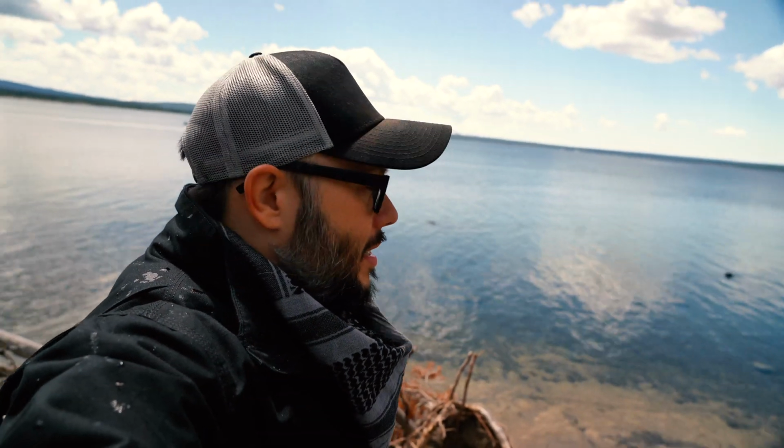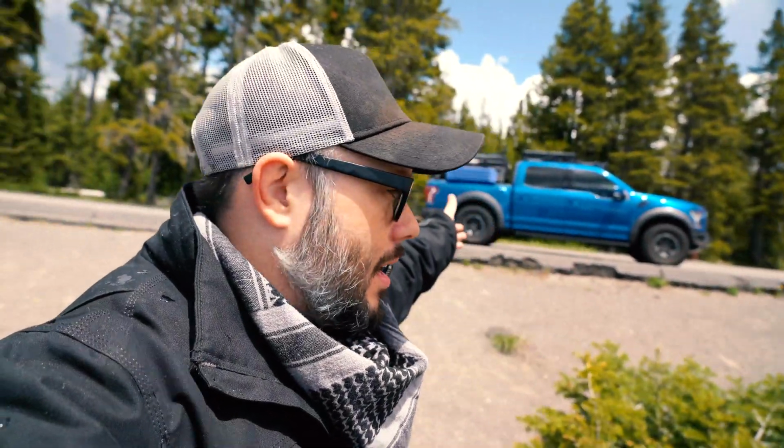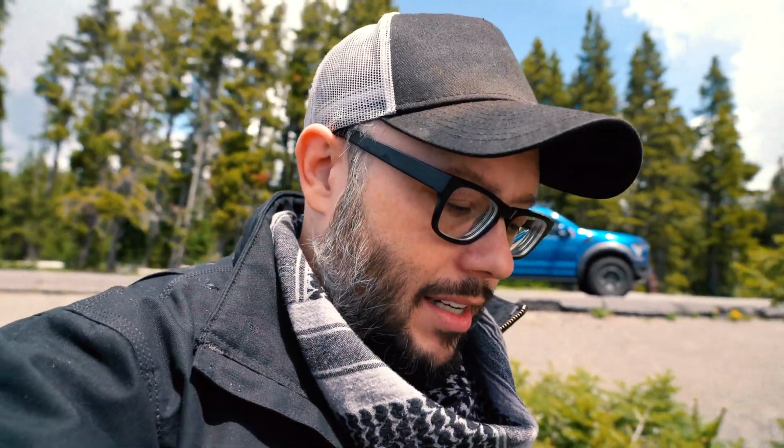Good morning, campers. So we are back on the road and exploring Yellowstone Park today. So I packed up the Raptor. As you can see, it's back there looking nice and ready to hit the road. Took me only a few minutes to pack up the tent, super easy to do,